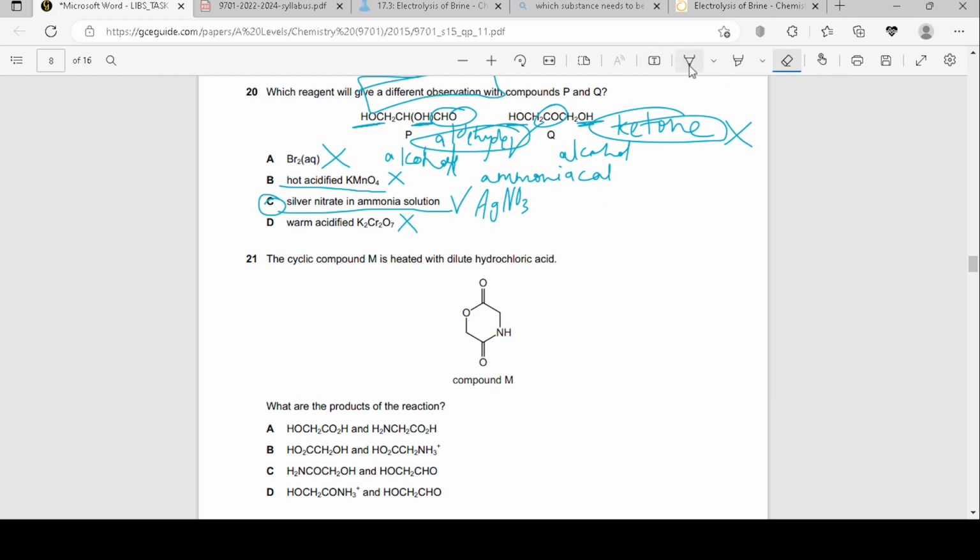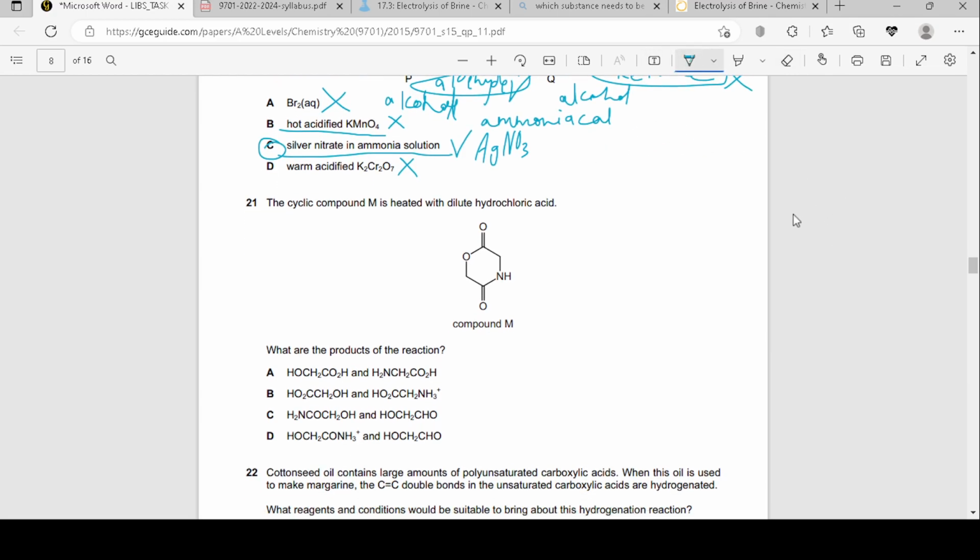So yeah. Next question. The cyclic compound M is heated with dilute hydrochloric acid. So what? Oh no, I meant my battery is running low. Let me just connect my charger. Okay,